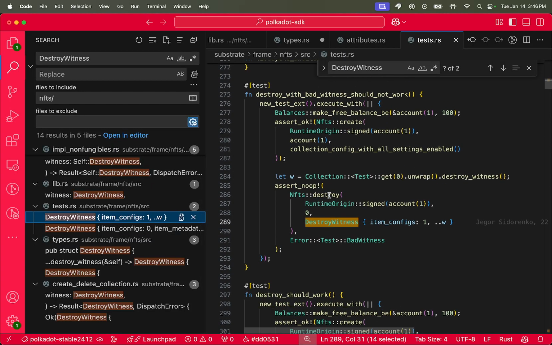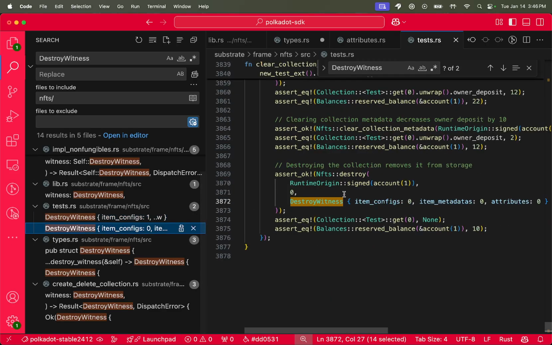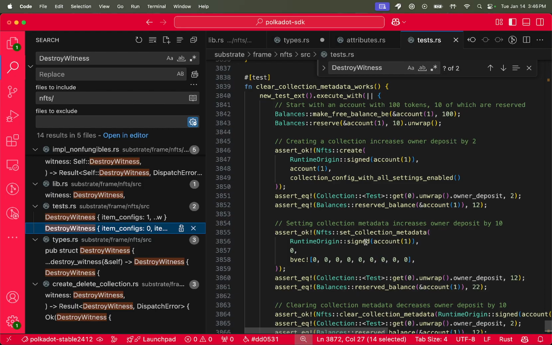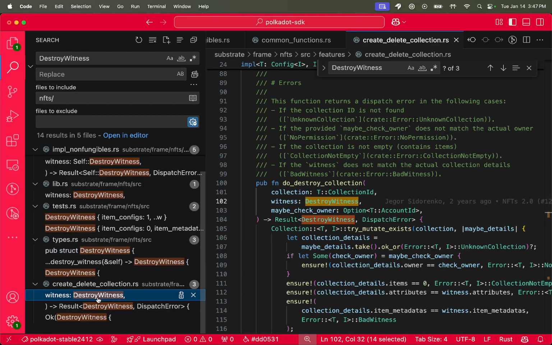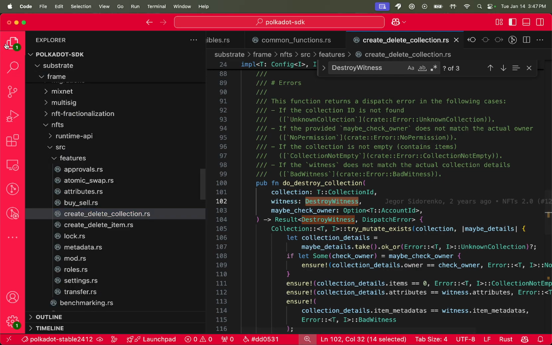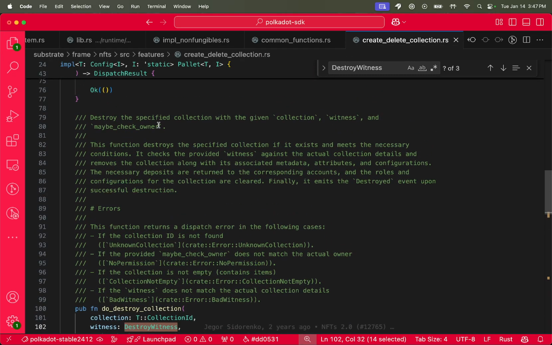So you can see in the test, here's an example. Should not work, this one. For collection metadata. So let's see. I want to see actually like here. Okay, yeah, let's take a look at this one. Destroy the specified collection with given collection witness and maybe check owner. This function destroys the specified collection if it exists and meets the necessary conditions. It checks the provided witness against the actual collection details and removes the collection along with its associated metadata, attributes and configurations. Okay,